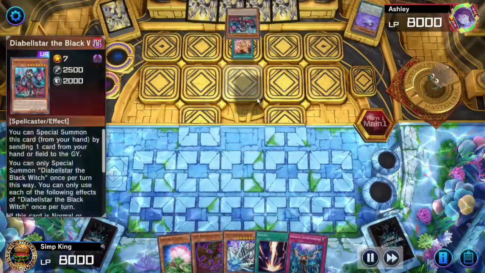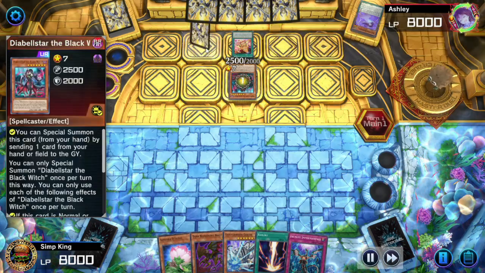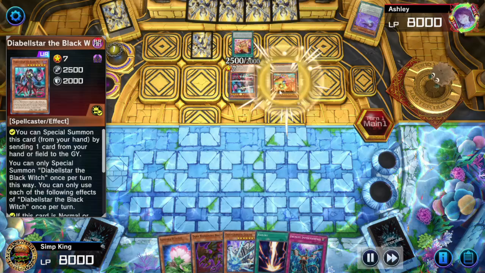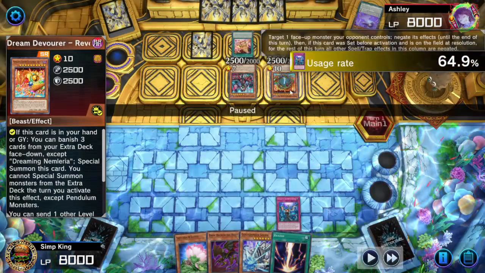Special summoning the Diabellstar Black Witch. We're gonna let this go. We could negate this, but it doesn't look like opponent's doing any Snake Eyes things. Again, a negate with the Sinful Spoils. Summoning the Dream Devourer. That is going to search for a Nelmuria trap, and I don't know what the Nelmuria